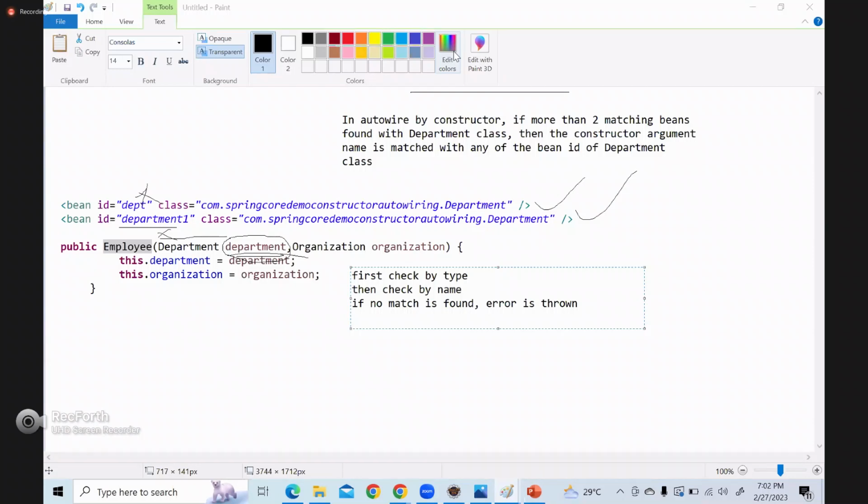So in summary, in autowire by name, it will match the property name with the bean ID. In autowire by type, it will match the property type with the bean class. In constructor also, it will match the constructor argument type with the bean class. Okay, but the difference is,